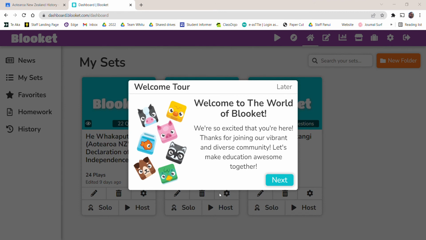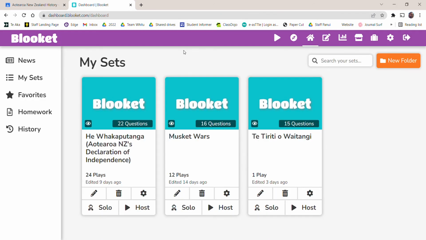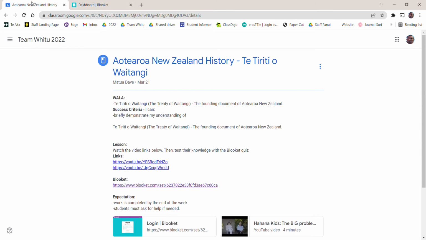And there we have this part comes in. Who are you? I am a student, I am a teacher, but for this purpose I want you to click student. Once you've done that, you'll be able to go through all of the steps next. We're going to skip all of those steps and do them later. Once you've done that, we need to go back to our Blooket by clicking later,